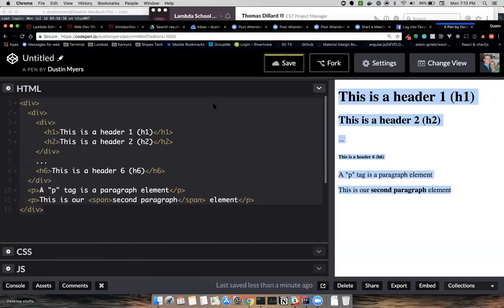CSS, we'll be learning CSS 3. So we'll be learning HTML5, CSS 3, and then JavaScript is versioned differently. In this specific intro class, we'll be learning pre-2015 JavaScript, in the Lambda School itself we'll be learning JavaScript 2015 and beyond. The reason that we do that in this class is it's a lot easier to learn the syntax and learn JavaScript itself without getting into the confusing syntax of later JavaScript versions.